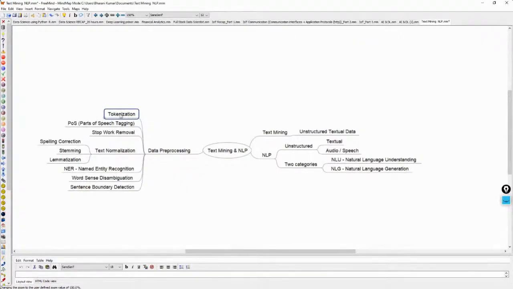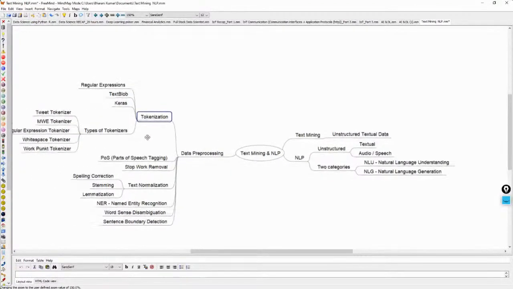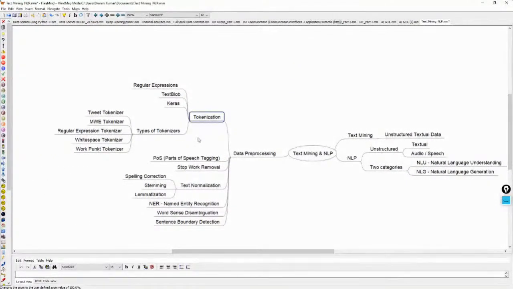So here we have tokenization, regular expressions, text blob, keras, types of tokenizers, parts of speech tagging, stop word removal, text normalization, spelling correction, stemming, lemmatization, right? Named entity recognition, word sense disambiguation. Then we have sentence boundary detection, a lot of things.